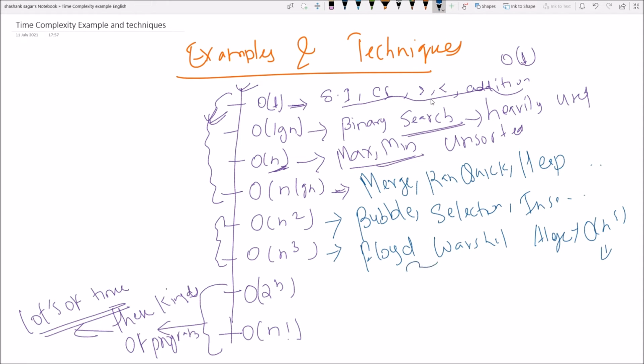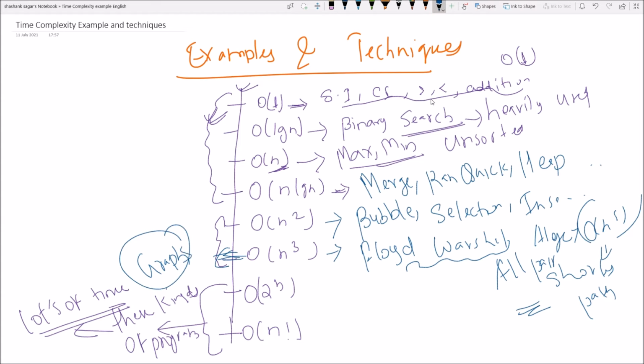This is a graph problem, where we find all pair shortest path. And we are going to study this when we study graphs.